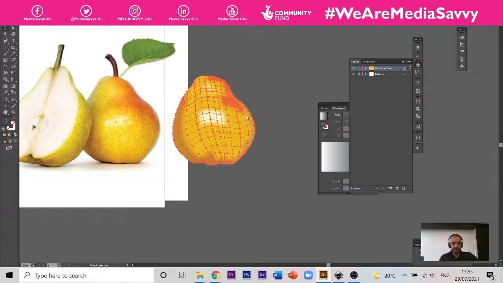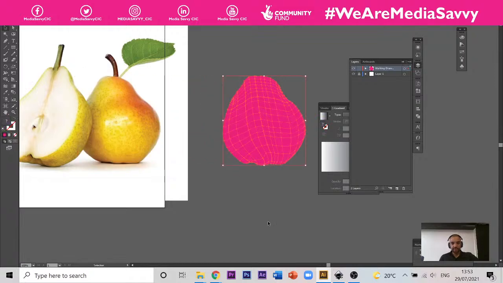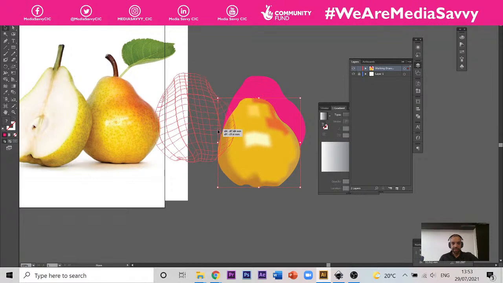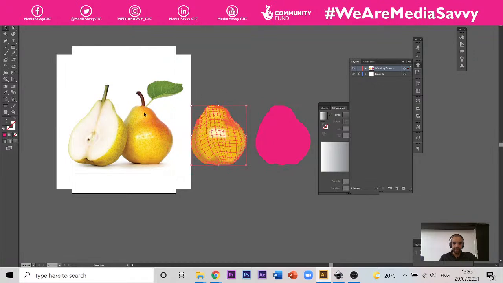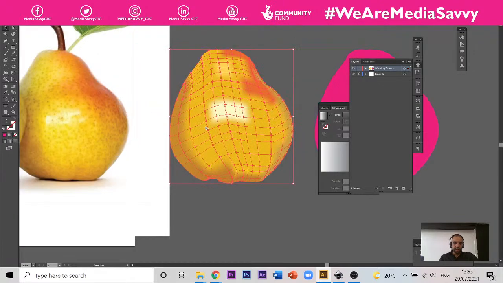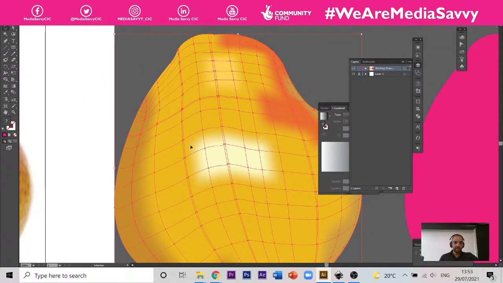And I'll just go back a few steps. There we go. That was the original that we started off with, and this is the difference. Now, it doesn't look perfect and it doesn't look photoreal, but it looks a lot better than that one does anyway. So to create a bit more smoother, more organic shape here, what we need to do is add a few more contours in here. So what we can do